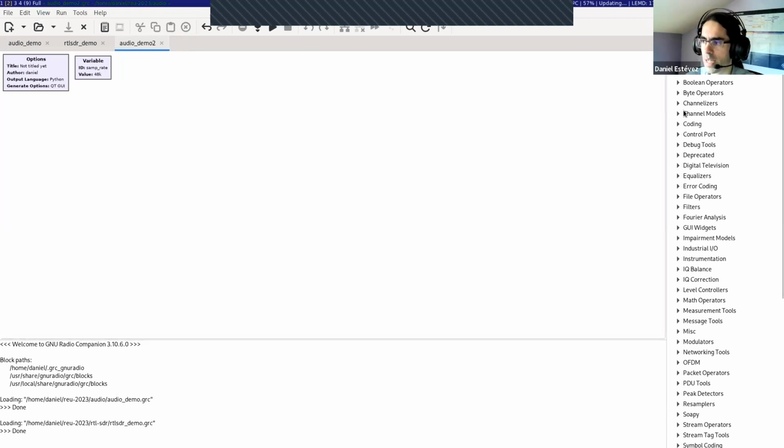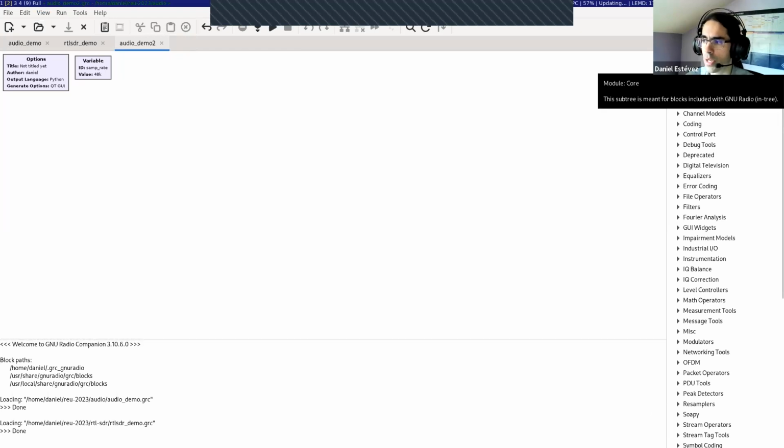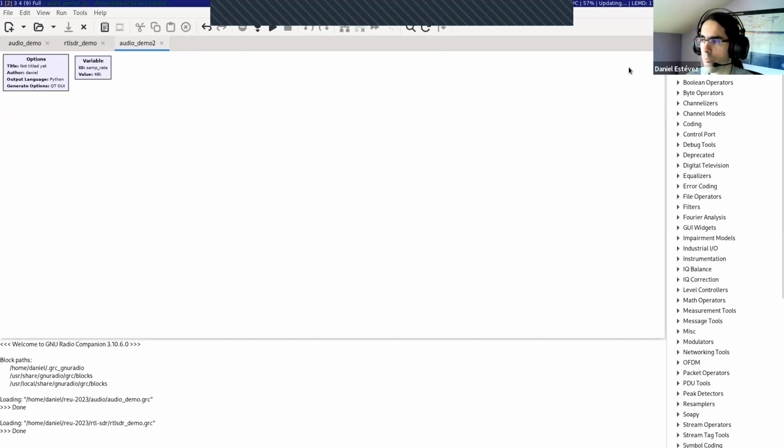So in here we get a hierarchy of all the blocks that we have installed, either because they come in tree with GNU Radio. So this is the core module, as it says. This is meant for blocks which are included with GNU Radio. And for every out of tree module, so for every external set of blocks that we have installed, we get